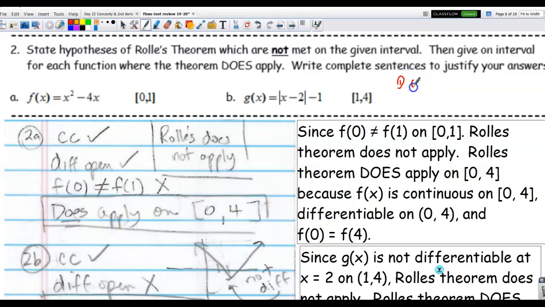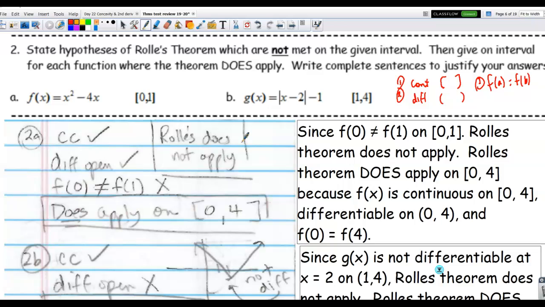We have to have a function that is continuous on the closed interval. We have to have a function that is differentiable, has a derivative, on the open interval. And thirdly, the y values of the endpoints have to equal each other. So basically what this problem is telling you to do is to figure out which of the conditions is not